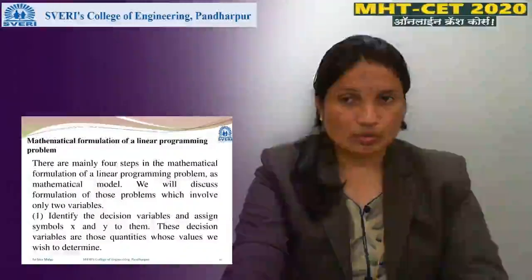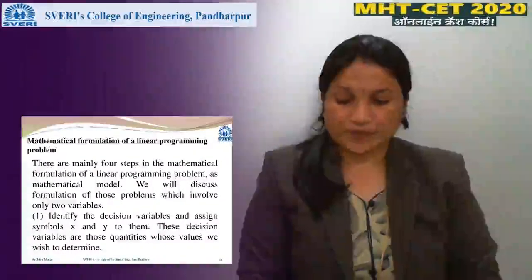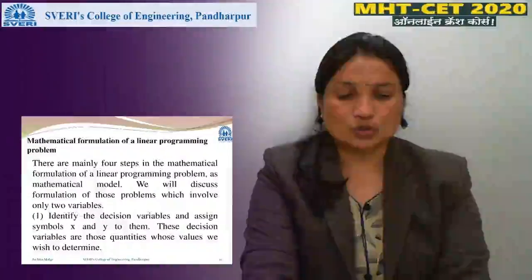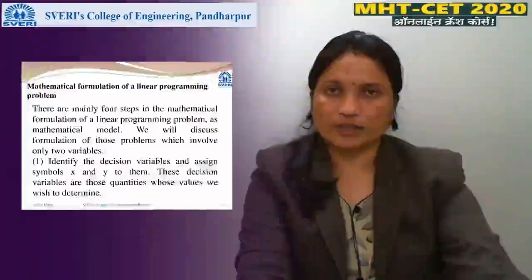So first, whenever we are going to solve the examples of linear programming, we have to focus on the structure and the formulation of a linear programming problem. So first understand it well and then convert it to the linear programming problem. So there are two aspects. What are they?